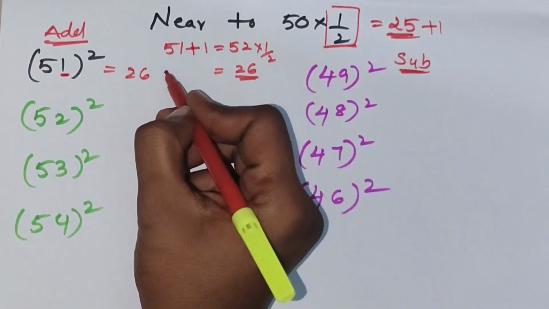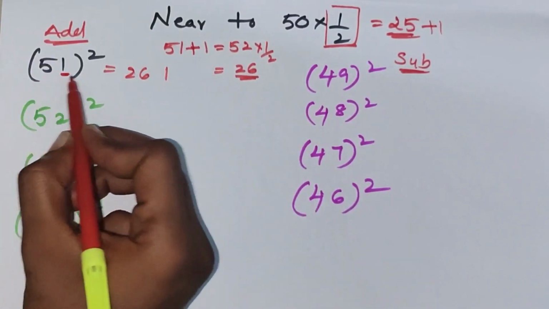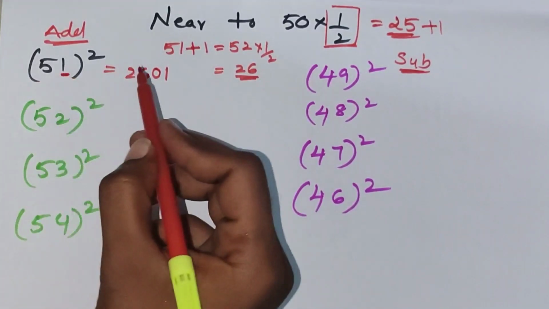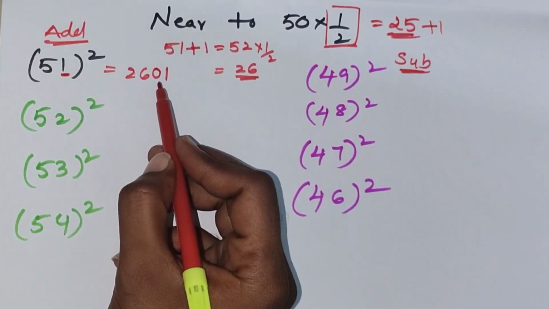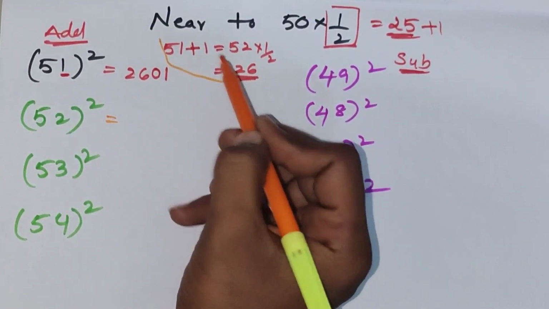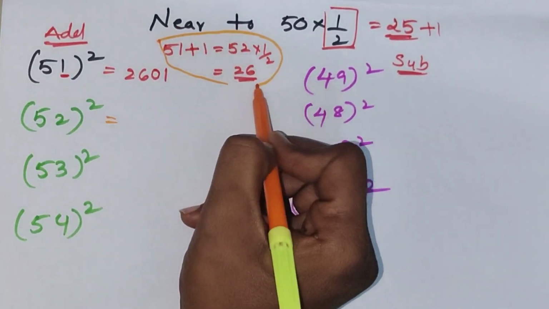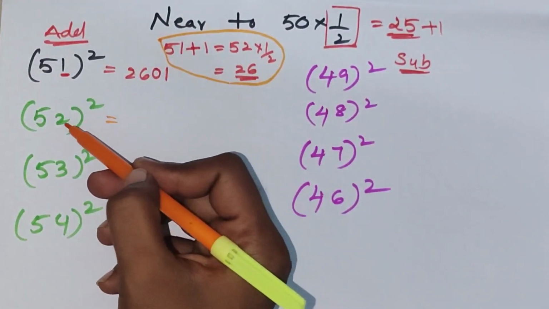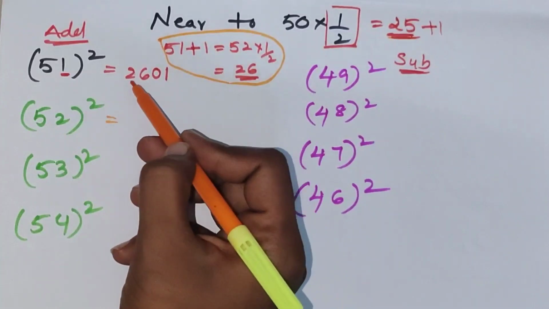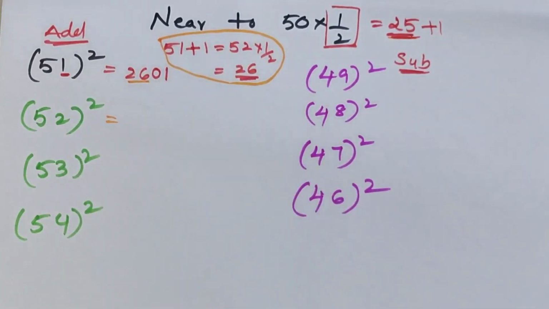1 square you should find. 1 here. Actually it is a 4-digit number, that's why I am adding 0. Then 51 square is equal to 2601. Keep in mind, this much I don't want to do again. Why? Because if you do division and adding for 25, directly it will give us this number.